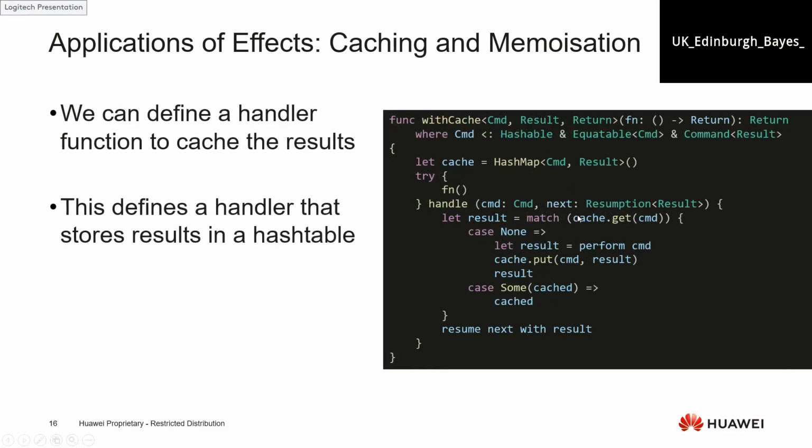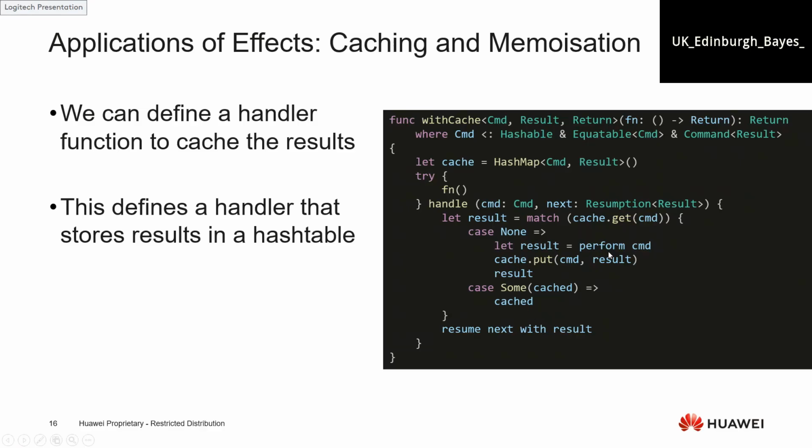What this handler does, we create a hash map to use as the cache, and if we have a miss in the cache, we reperform the effect, and then we put the result in the cache after we've got the computation, and then return the result. And if there's a cache hit, we just return the cache value, and then we resume